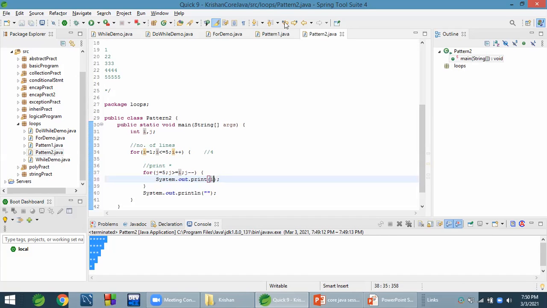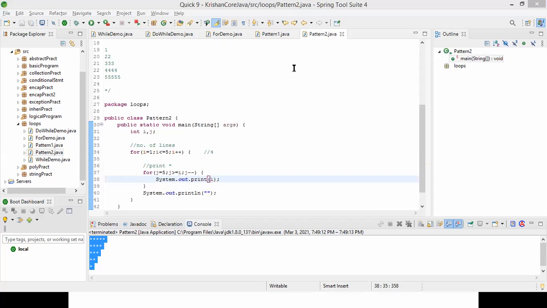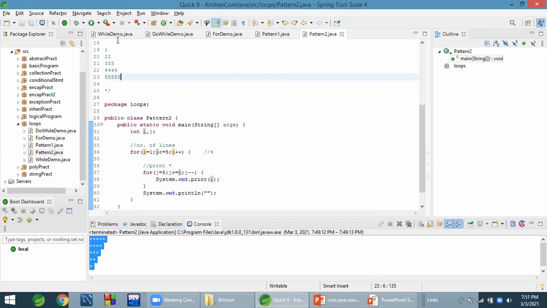Good, great. Who answered? Shantanu and Ankit answered, right? Good, very good. That is correct, because the value of i changes like that.